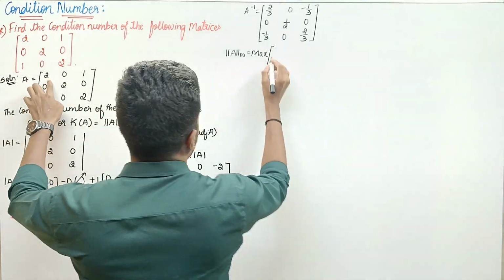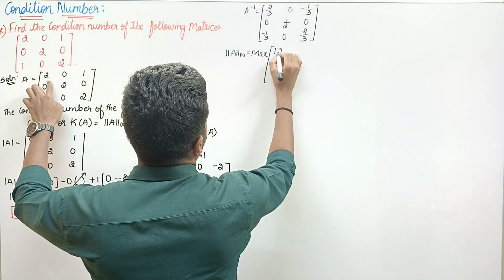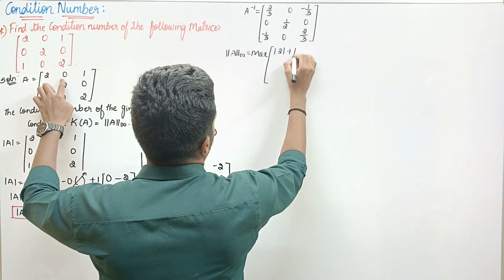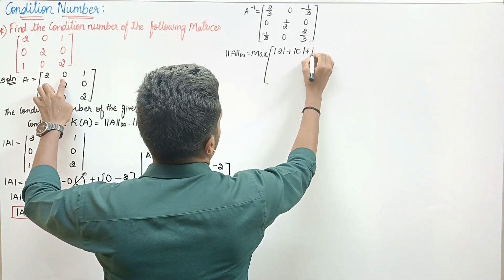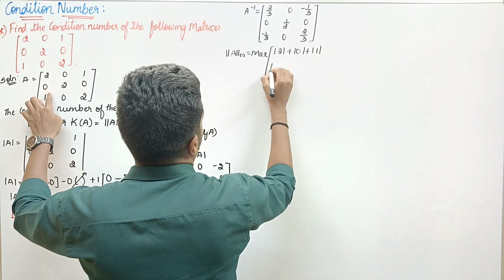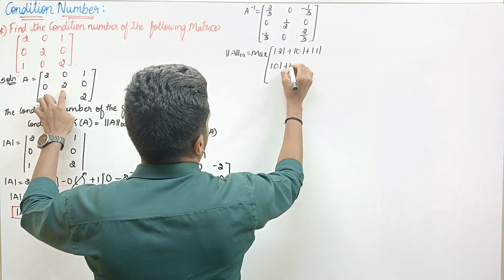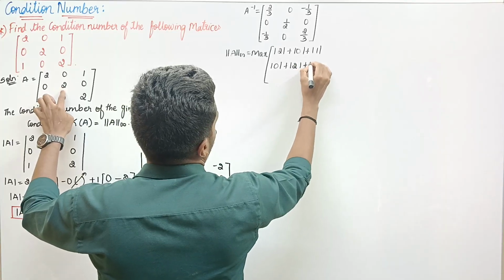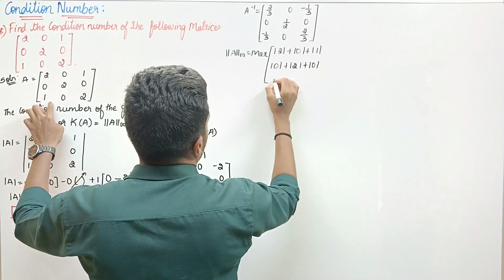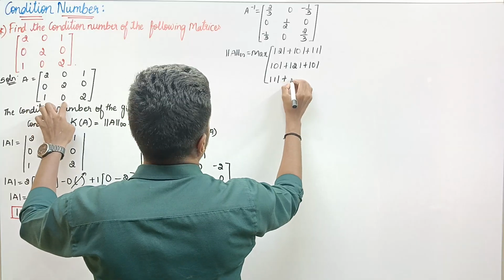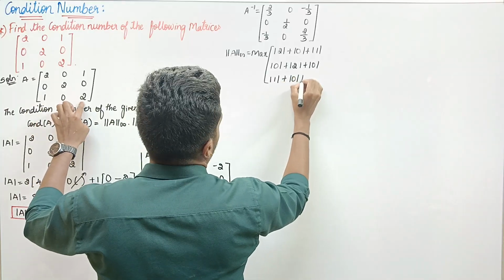That is modulus 2 plus modulus 0 plus modulus 1. Next modulus 0 plus modulus 2 plus modulus 0. Next modulus 1 plus modulus 0 plus modulus 2,